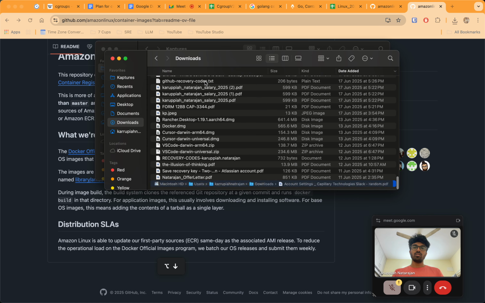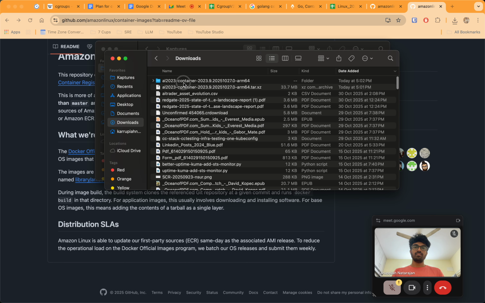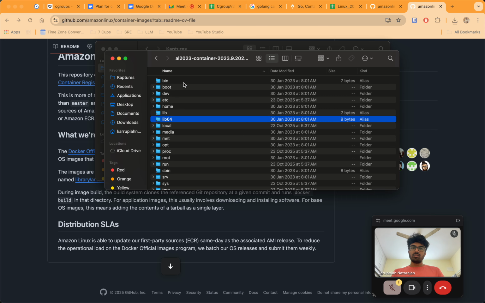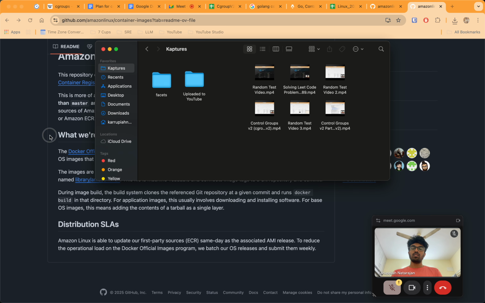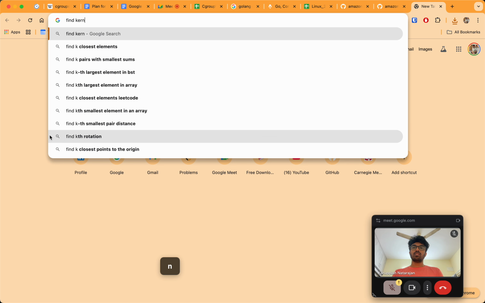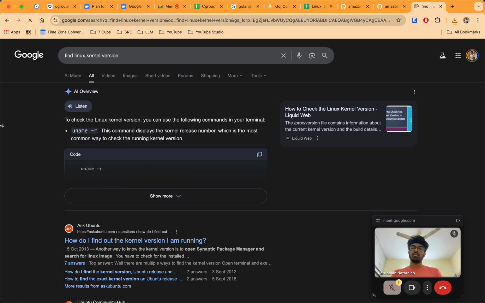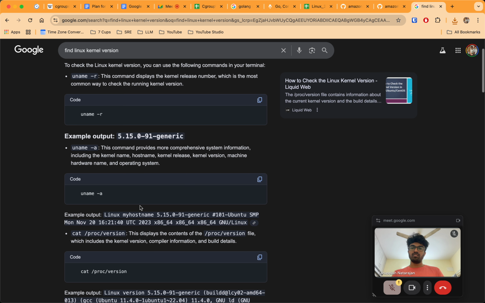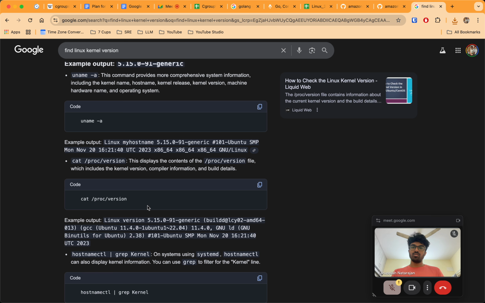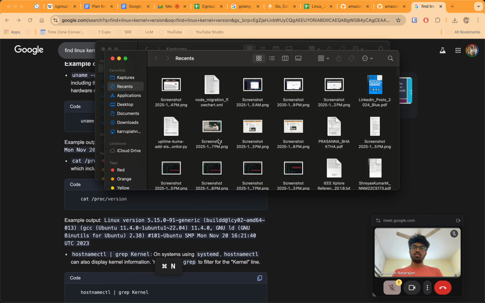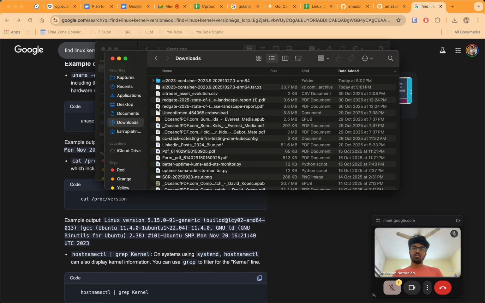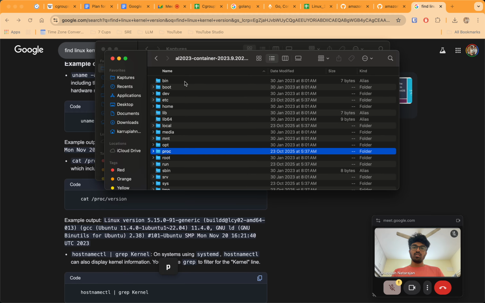Okay, so let's get in. Okay, so here, how do I know what is the version of the kernel now? Linux kernel version. uname -r, -a, proc version. Okay. Let me try out proc version then. Downloads, this proc. There's nothing in proc.